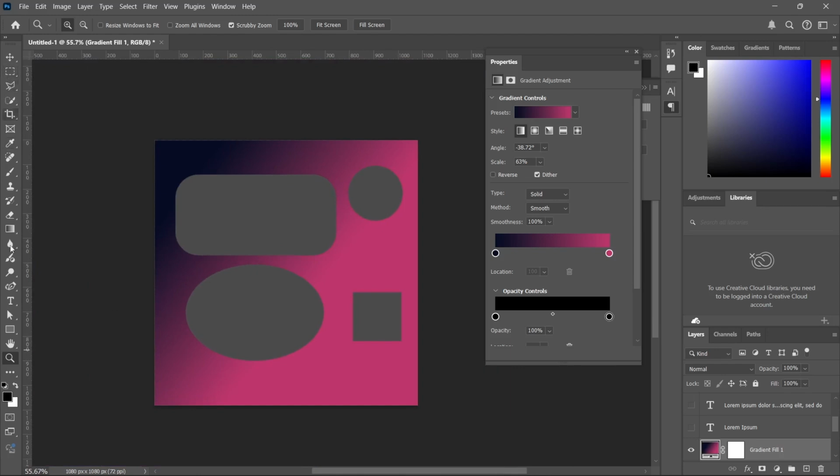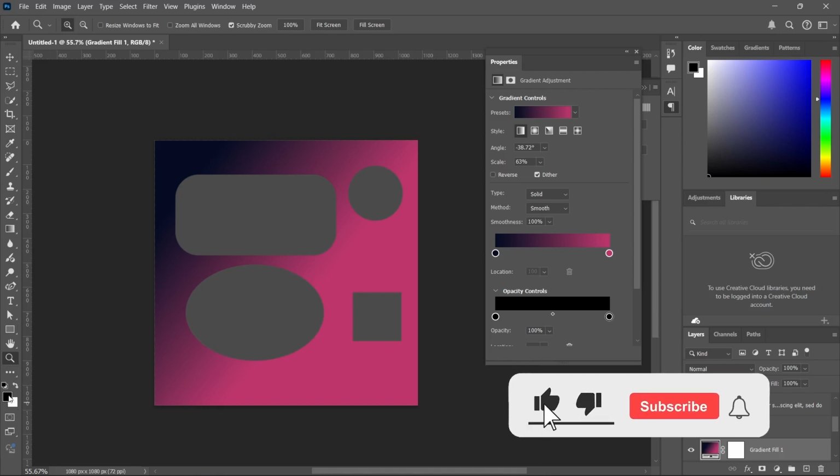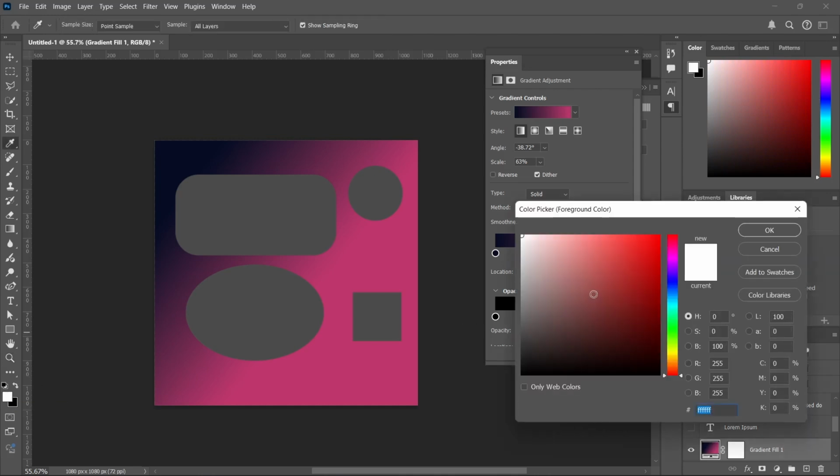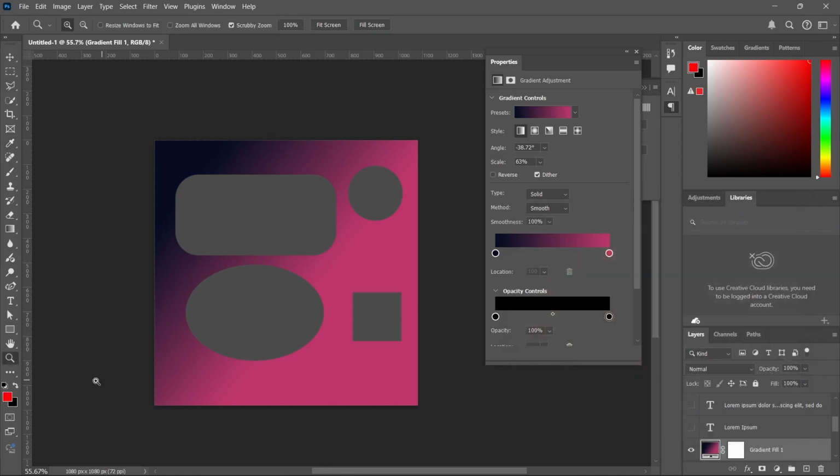Now at the bottom of the tools panel, you're going to see these two boxes which I talked about. So the black color, that is the foreground color, and then the white is called the background color, right? So to interchange them, you can press X on your keyboard and it's going to interchange. Okay, to change the color, you can also click on it and a color panel is going to come out, and you can change it to any color you want and click OK, and you see that the color has changed. All right,